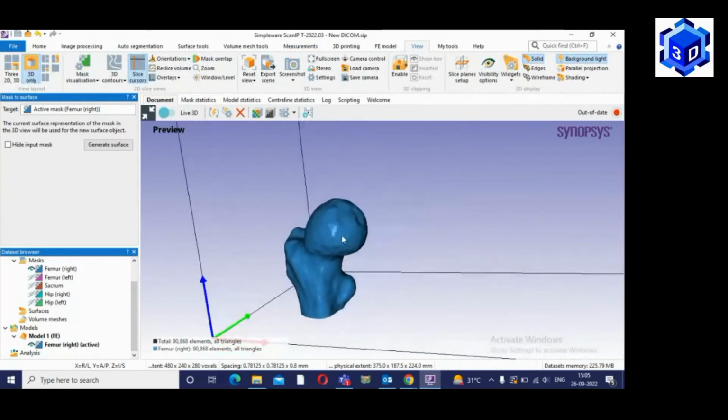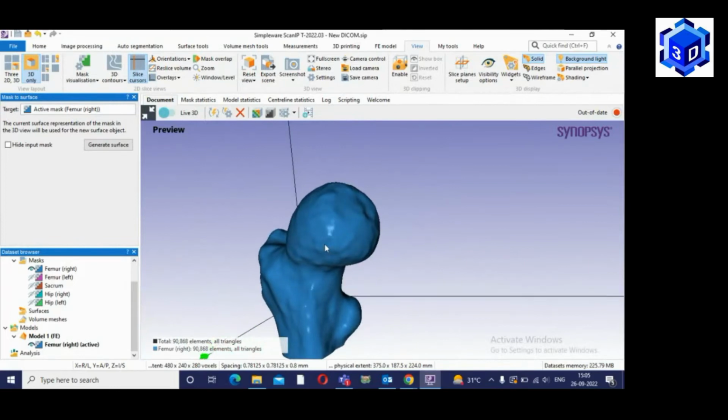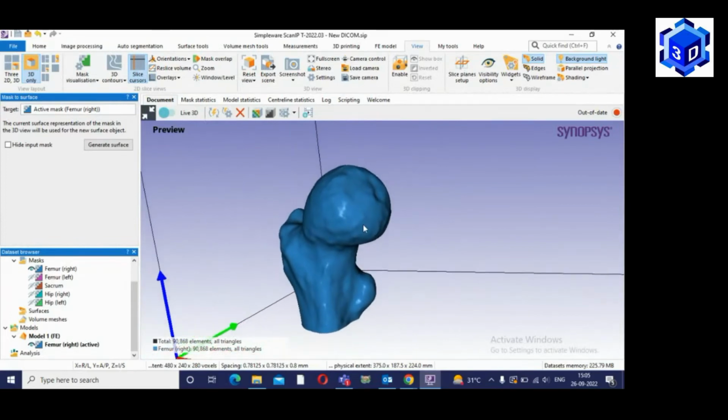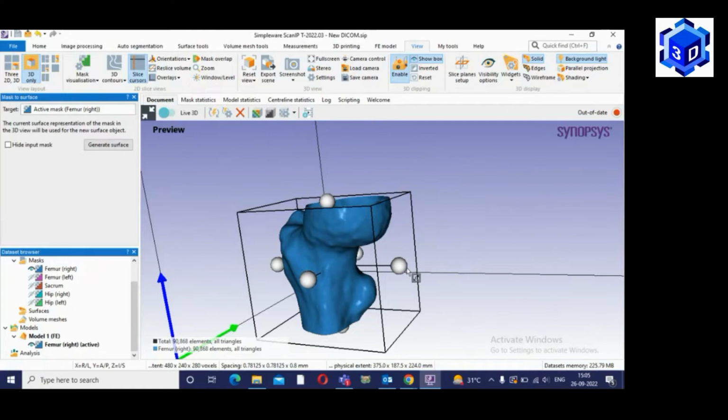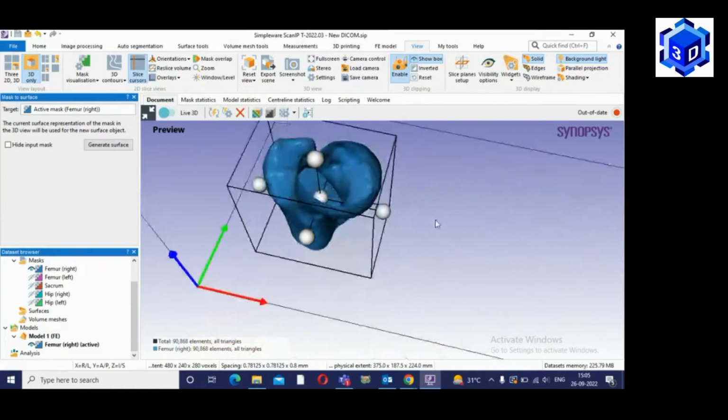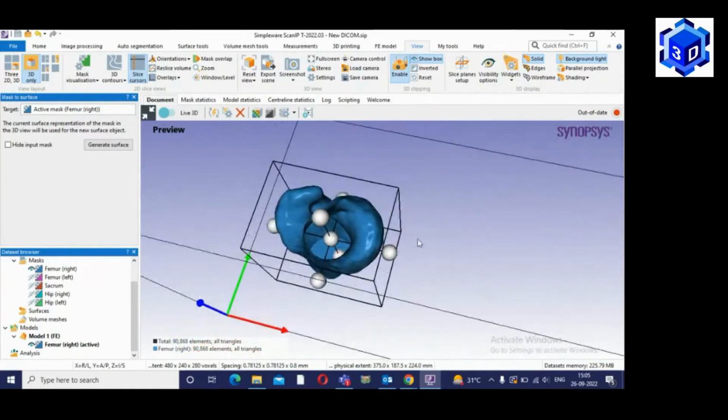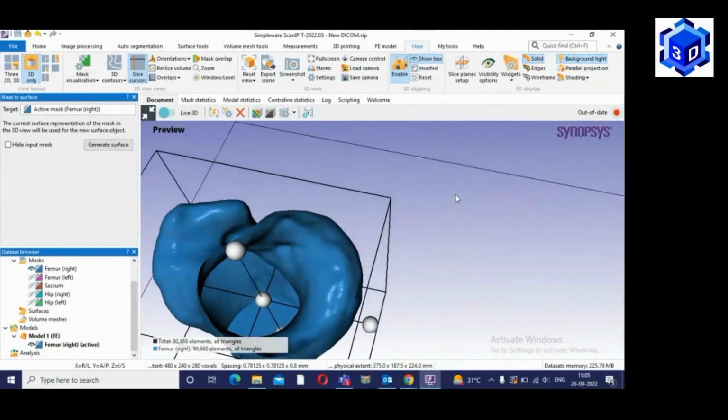So let's see. I'm just taking the measurement from here as well. So you can see I have selected this view option, view tool. When we enable it, then you have the option that when we drag these white color balls from top to bottom or from left to right, you can see the structure